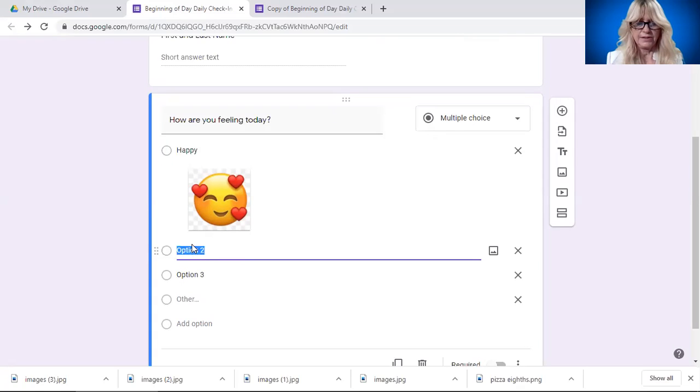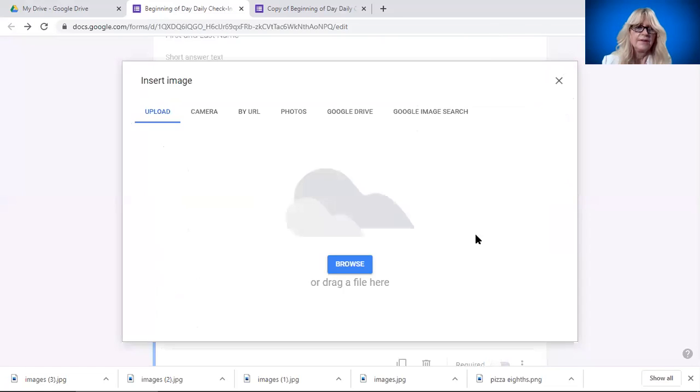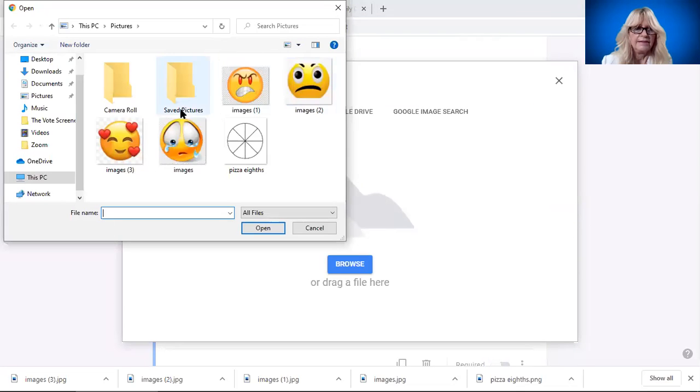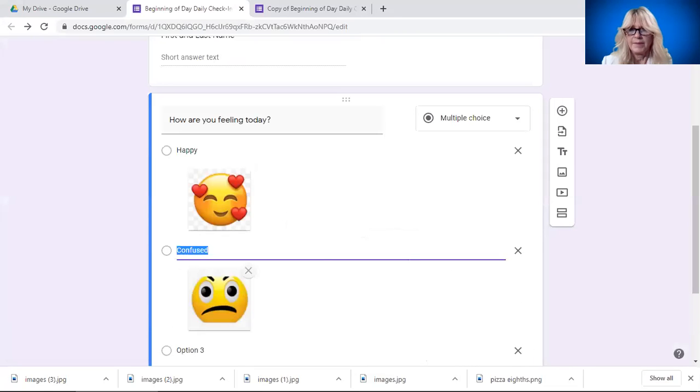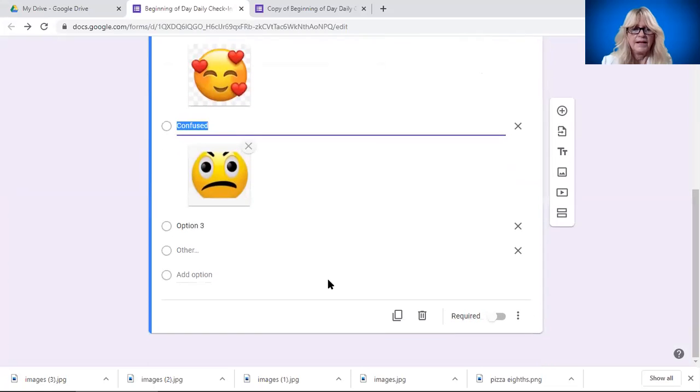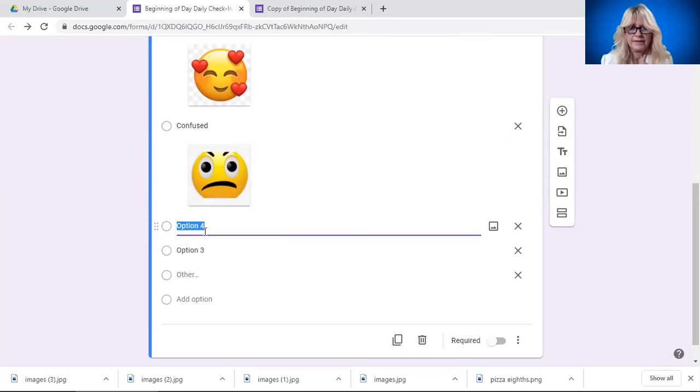So we are going to go ahead and think about this. Let's put confused. Let's go ahead and add an image. We're going to upload it. And I've got a confused image. And it popped it right in there. Let's go ahead and hit enter, and let's say